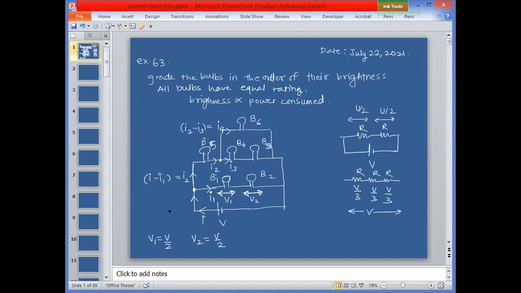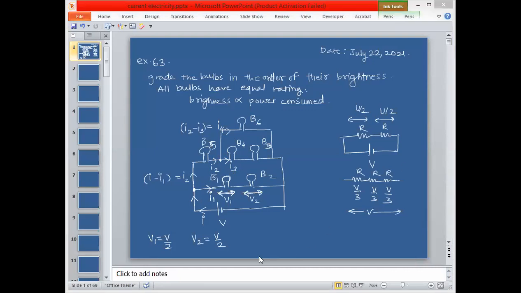Sir, in this case, all resistances are the same. So brightness is proportional to square of current passing through them, I square into R. Yes, for power, you can use I square into R. So for that, you need to find out either current or voltage. I can say V square upon R, and you are saying I square R. I am trying to find V because that is easy in this case. You can find I as well, that is also okay. No problem. You can say I square R, and right now I am saying V square upon R.